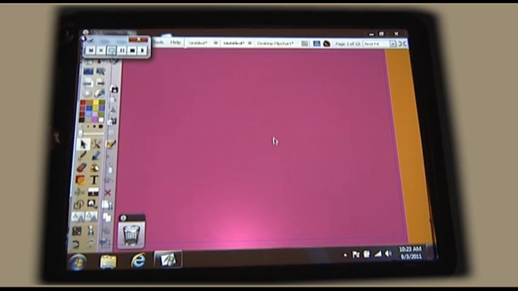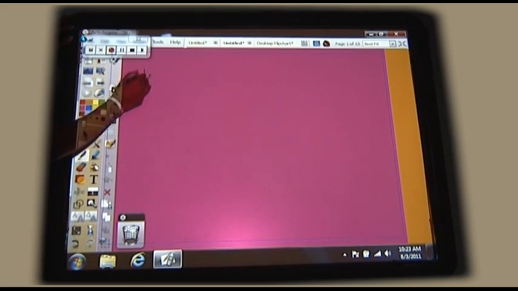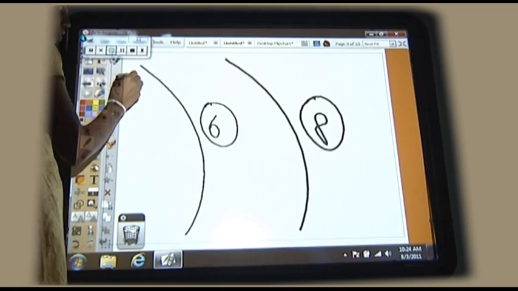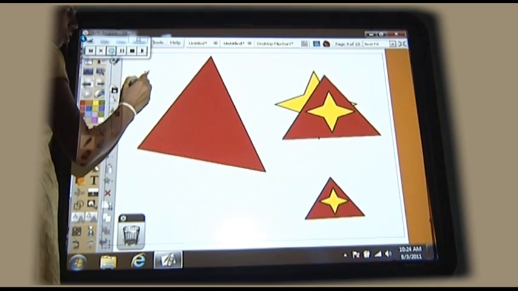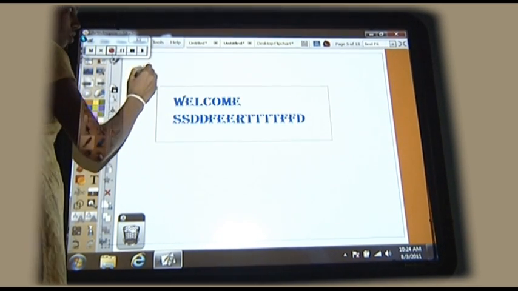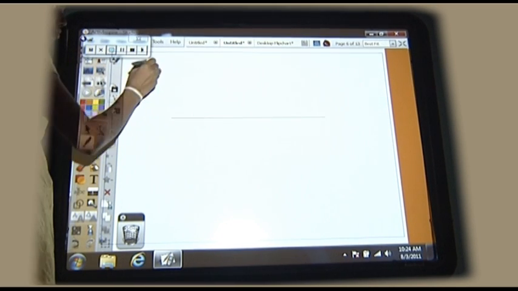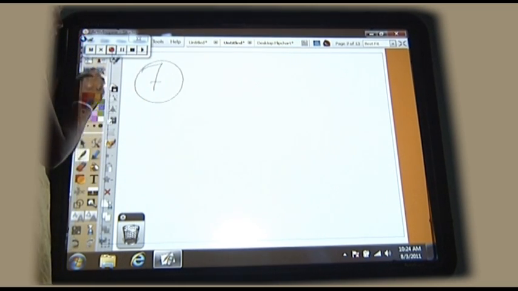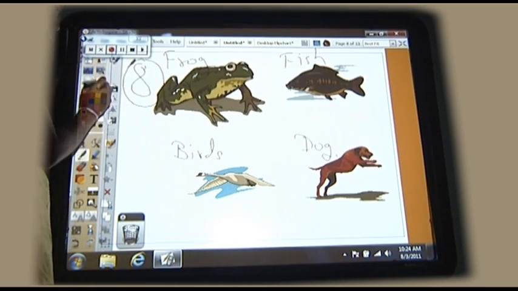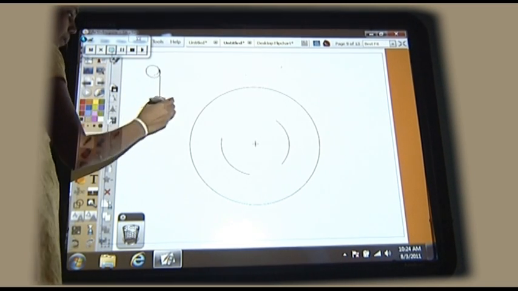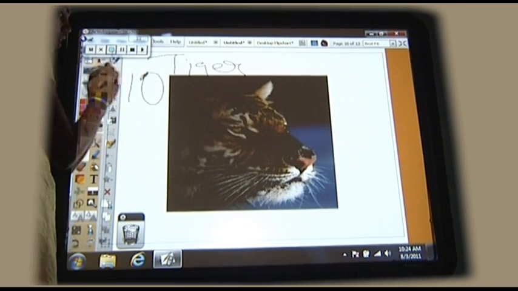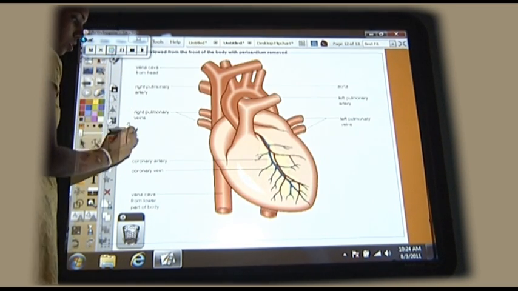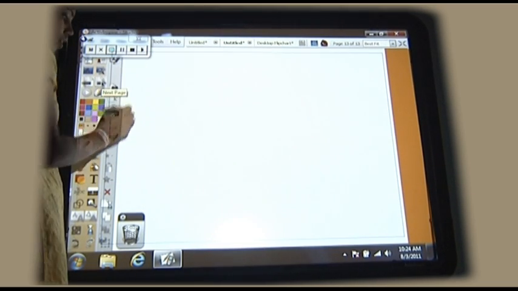When the recording has started, just skip through the pages. Page 1, page 2, page 3, page 4, page 5, page 6, page 7, page 8, page 9, page 10, page 11, page 12. When you have finished,